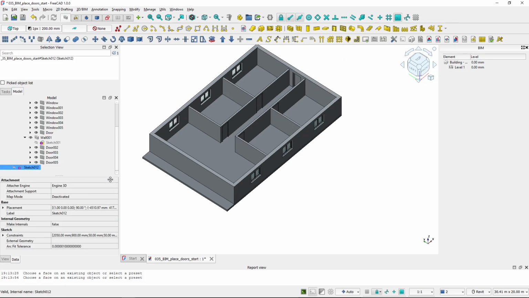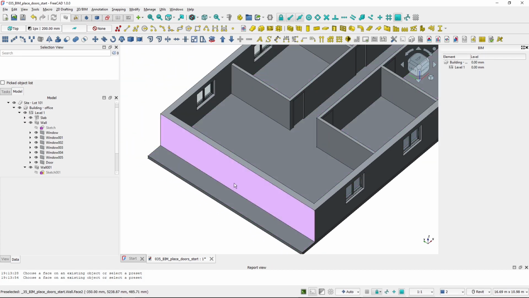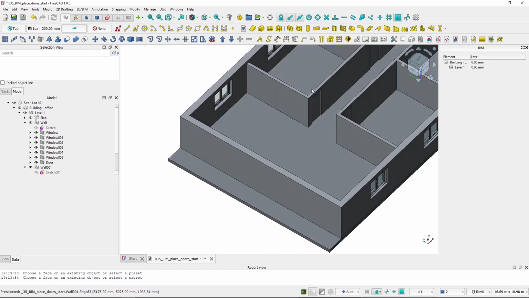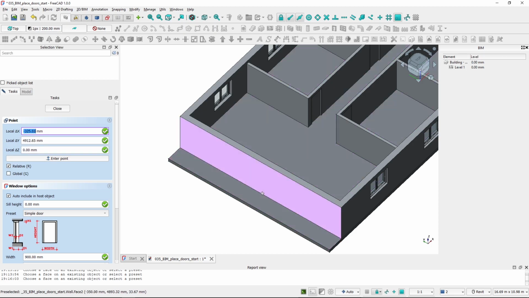And the second option is to use switching of the priority of snapping. So this is a bit tricky. I recommend you watch my tutorial on snapping where it's described in more detail, but basically I will start the door tool. And now if I hover my mouse here where the